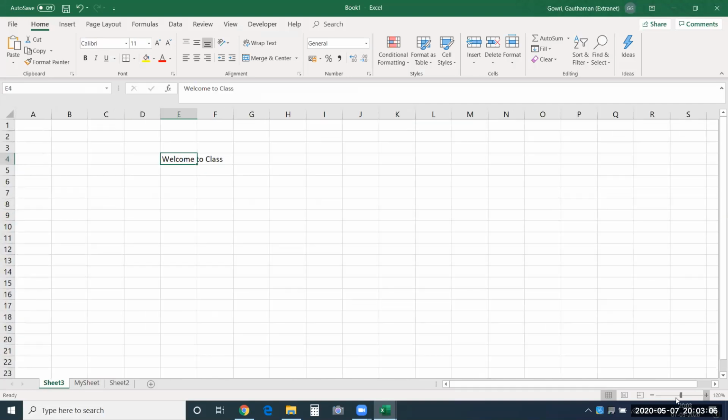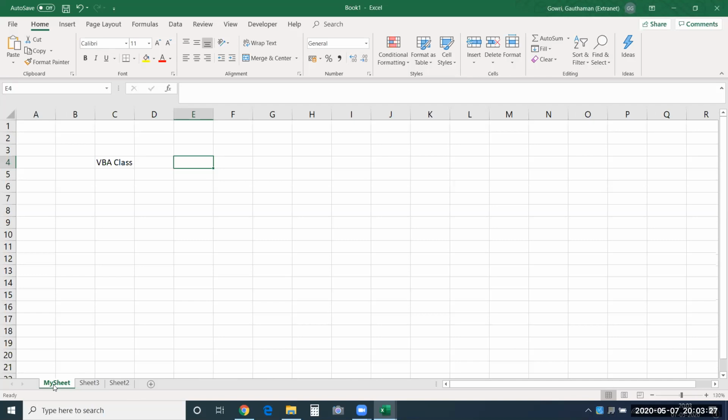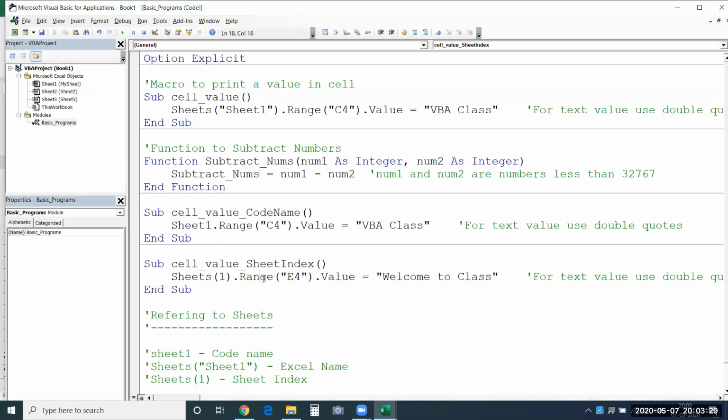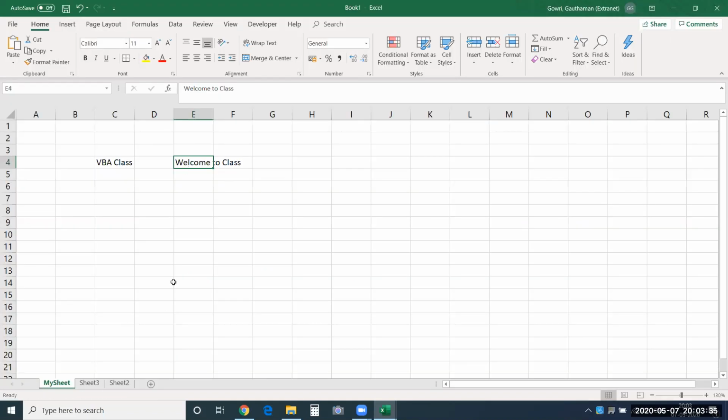The reason is sheet index is going to work based on the order of your sheet arrangement. Whichever is placed in the first position, that will be considered. It is not going by any name, it is going by the arrangement of sheets. So, if I keep it back in the same place, and now if I execute this, you can see here, we got it here also. Whichever is the first sheet in order, there it will execute if you are using sheet index.